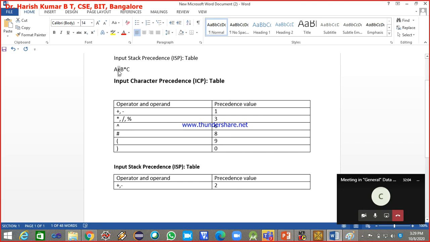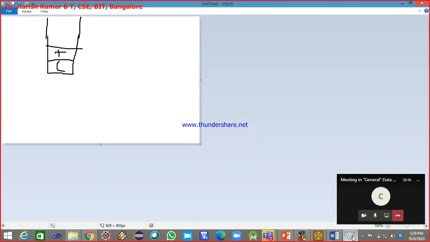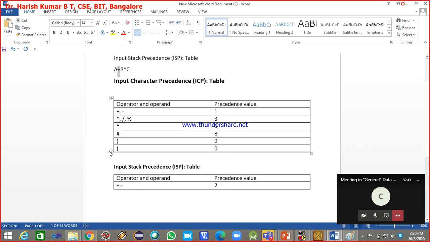This plus I have got from the input string, hence I call it the input character, and its precedence is 1. Now when I'm looking at the top of the stack, there is plus, but this is not the input character. This is what is there on the stack. For the same plus operator, what precedence am I assigning? 2. When it is in the input string, I assign the value 1, and when the same operator is on the stack, I give the value 2, because I want to give more priority to the operator which is on the stack. So we are assigning it like this.